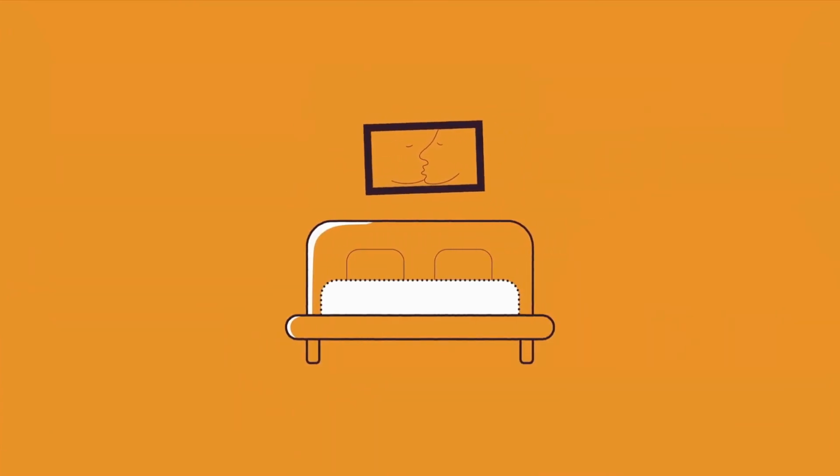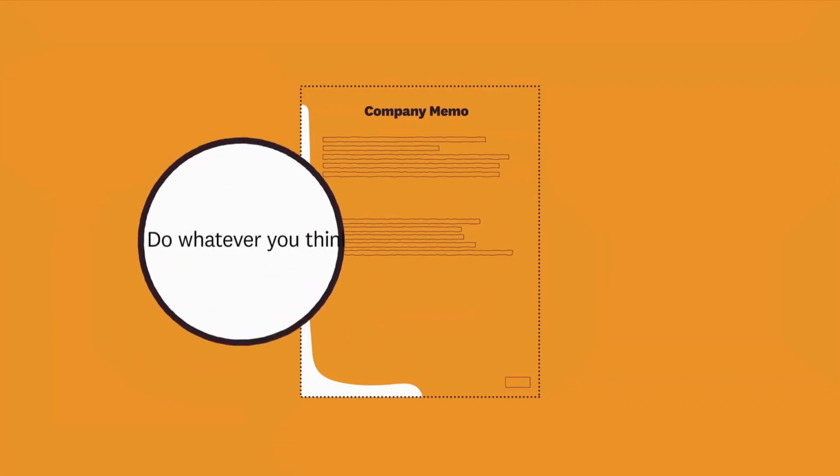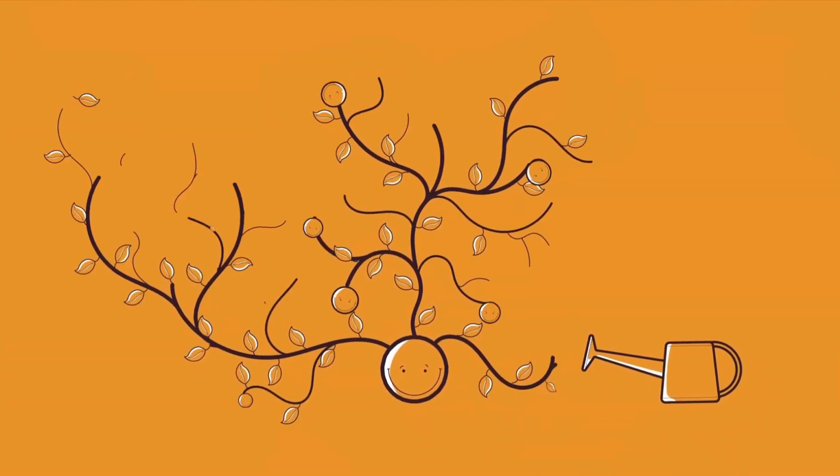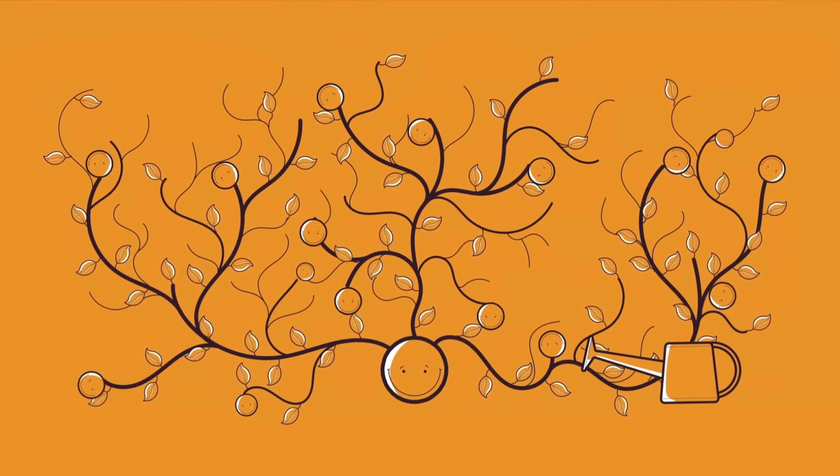The first organization that comes to mind is Four Seasons. They have magnificent properties all around the world, and their employees are told, do whatever you think is right when servicing the customer. To hand that trust to your employees, to do whatever they think is right, makes the employees feel great. And this is why they're known for delivering some of the best service in the world.